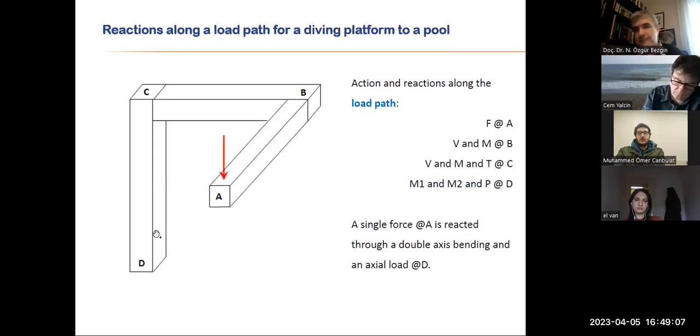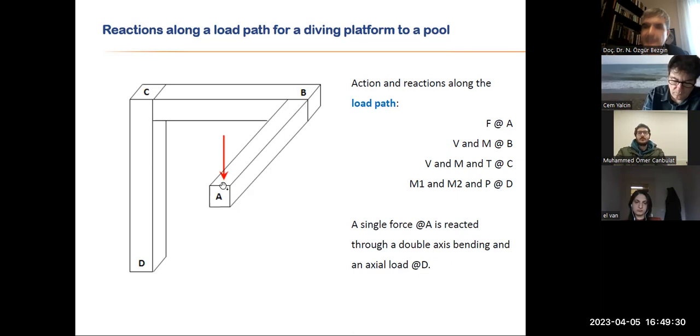So for example, what is this? This is a composite of 3 beams. And I imagined this as a diving platform for a pool. So this is supported at D and the load is applied at A. So what's going to happen? What is a structure? Well, the structure is meant to provide this position for this arrow, the loading value.